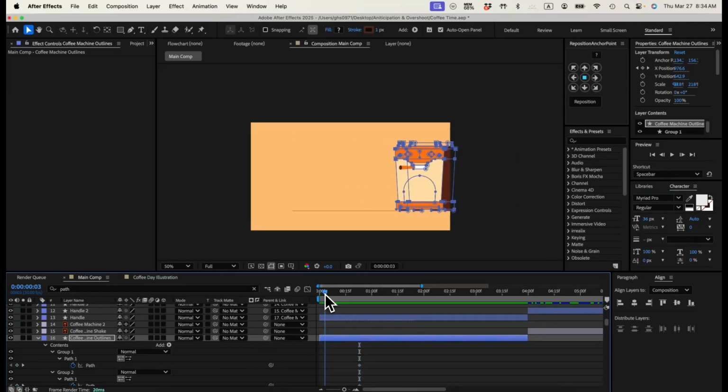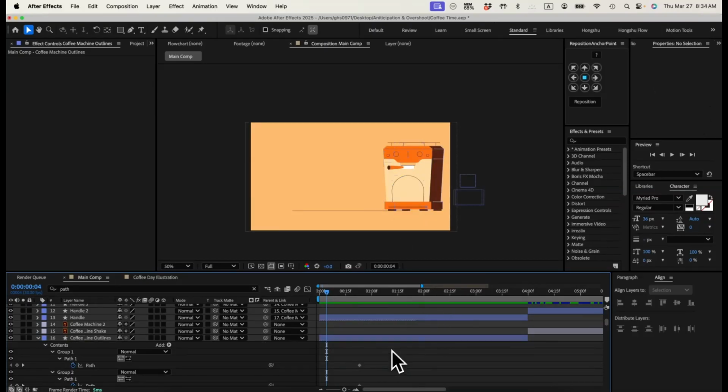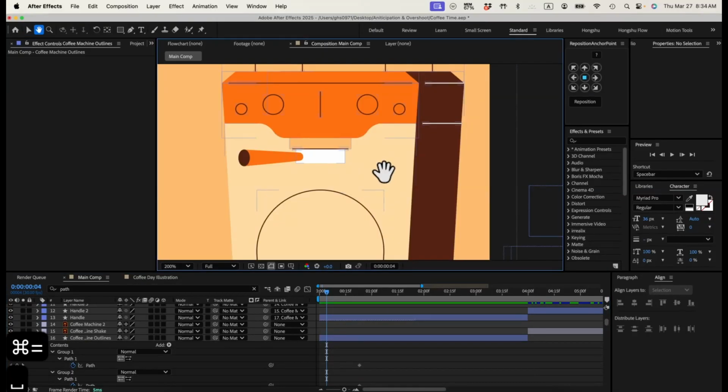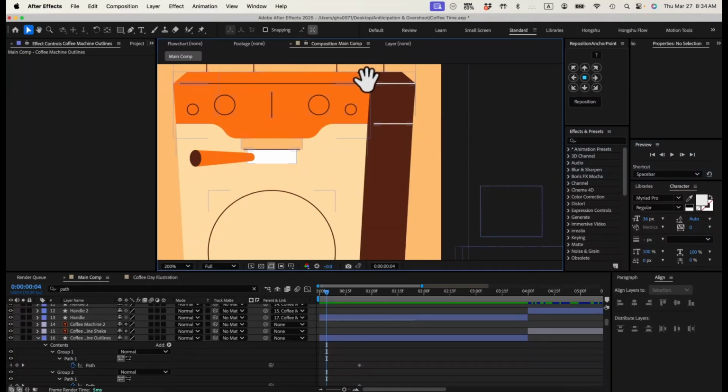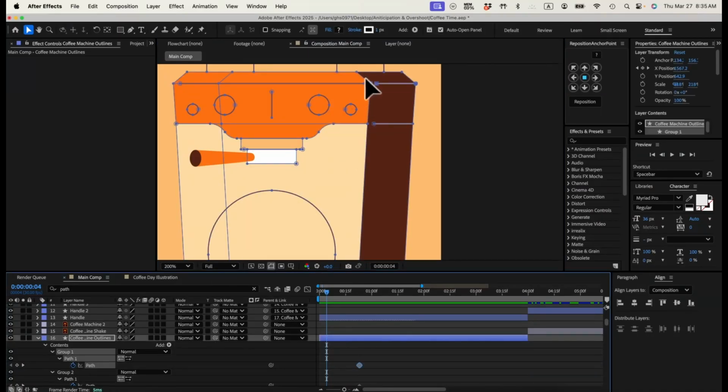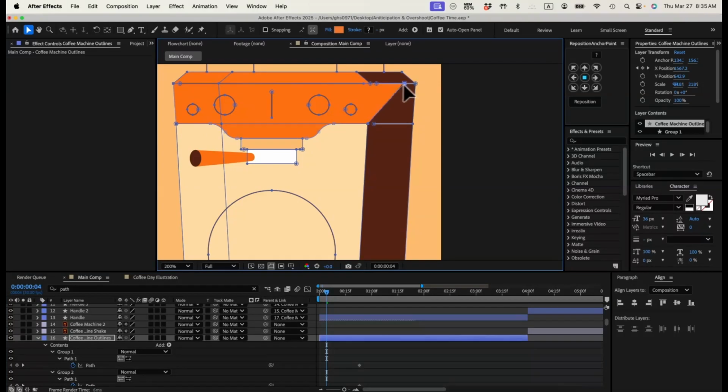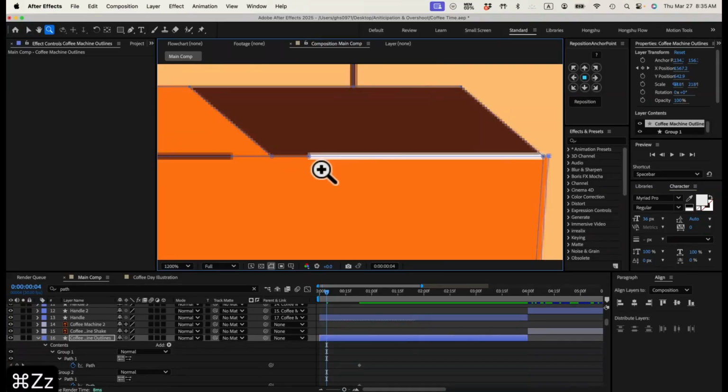And then right when the coffee machine comes in, maybe around here, I want it to face forward. So in order to face forward, let me zoom in here. I basically need to manipulate these vertex points to have this coffee machine face forward. Let's click on this path here. You can see I can access all these vertex points. And then if I click on this point, I'm going to drag this point to the side here. And you can see I'm actually changing my artwork to have these points being manipulated